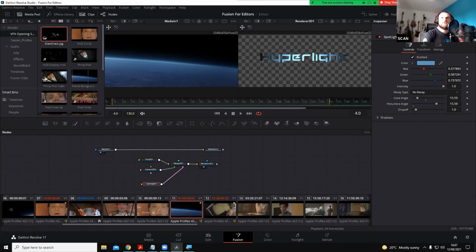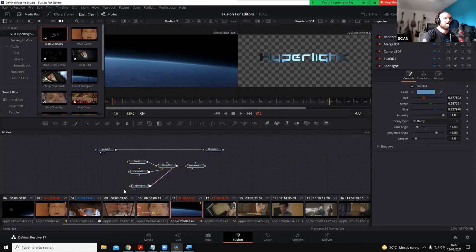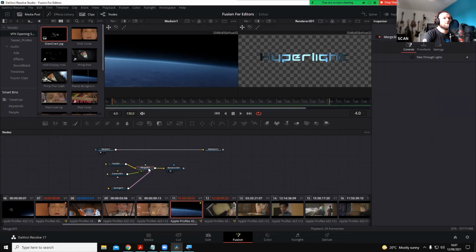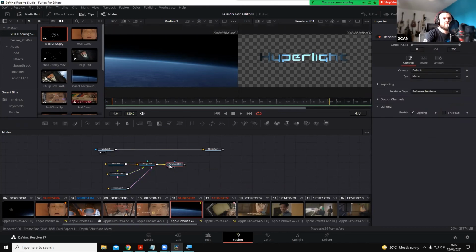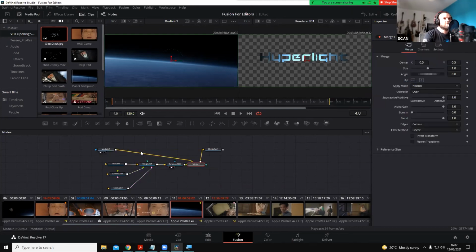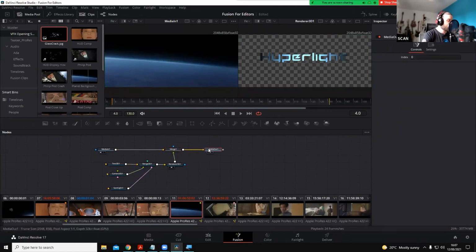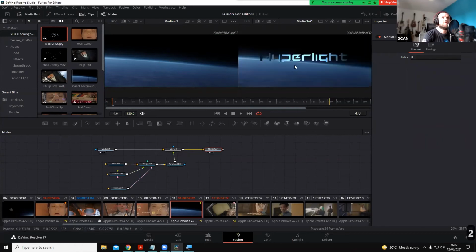How do we get these into the rest of our composition? Well, in the same way that we would with anything. We've rendered it. We can't add a merge 3D, can't merge a 3D object with a 2D object. It's just not going to work. That's why we have the renderer. But we can take the output of the renderer into a 2D merge. So that's just our standard merge. We have merge 3D for 3D elements. So now if I view my media out node, you'll see we have the word hyperlight appearing over that shot